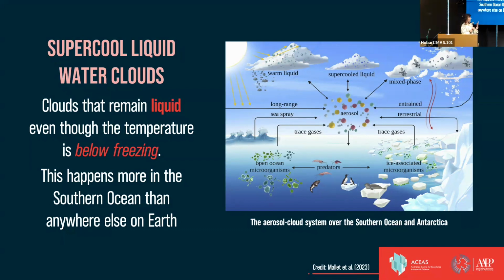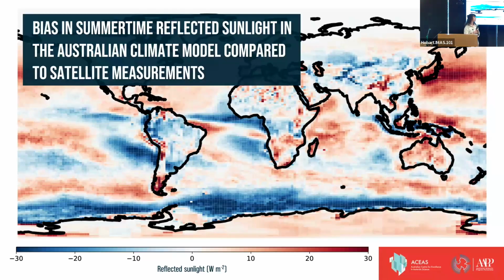So in the Southern Ocean, there aren't many sources of pollution. There's not a lot of terrestrial influences either from dust. So we have more supercooled liquid water clouds in the Southern Ocean than we have anywhere else on Earth. Why is this important? If we go back to this plot,